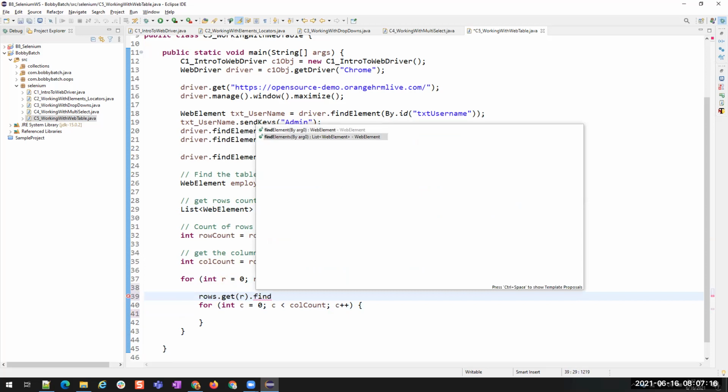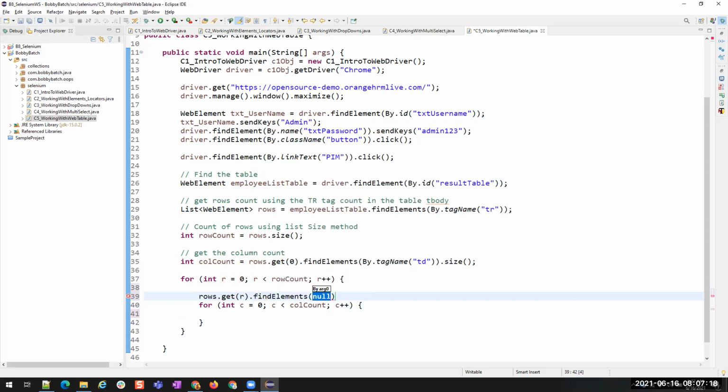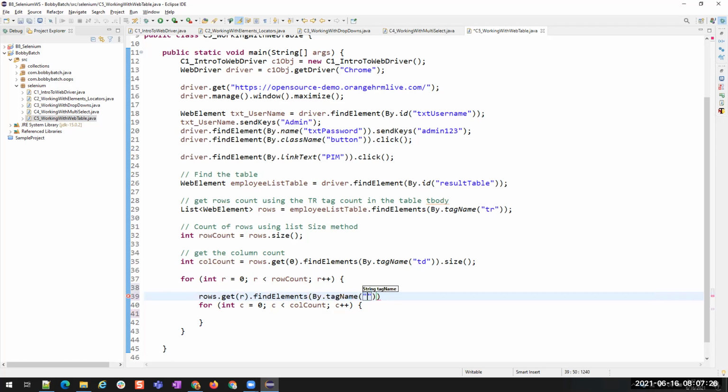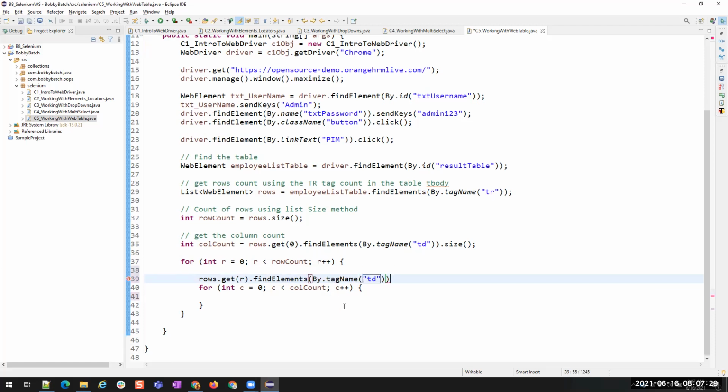Dot find elements by tag name of TD. This is going to return the columns of this particular row.